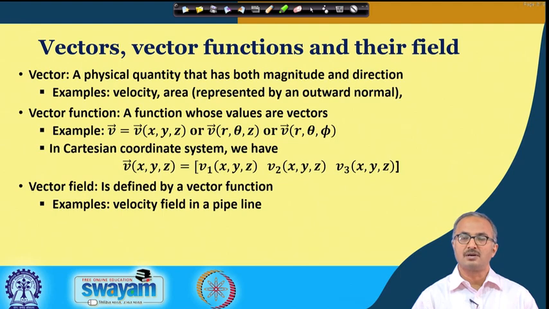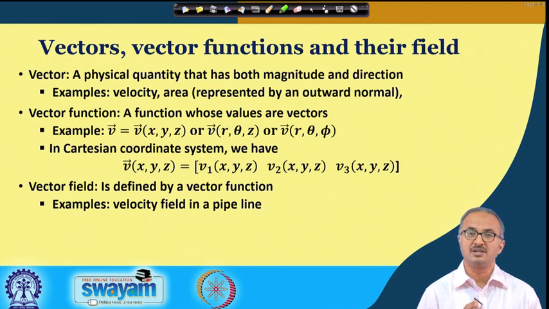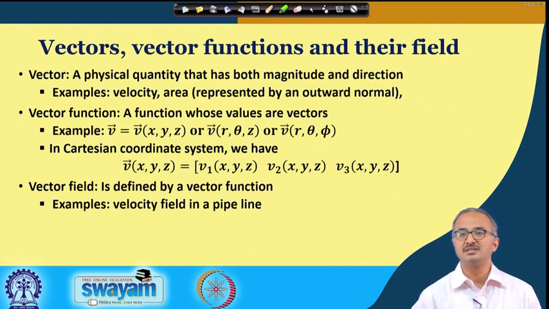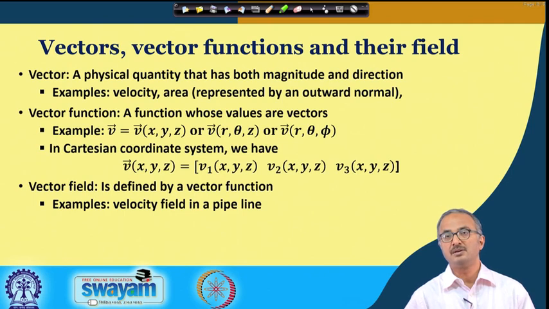Next we come to the corresponding things in vectors. As you know, vectors are those physical quantities which have both magnitude and direction. For example, velocity. Velocity has a magnitude and also a direction. Speed is a scalar and has only magnitude, but velocity has both magnitude and direction. The speed of a vehicle may remain the same, but if the vehicle is turning and going on the road, then it is constantly changing its velocity, even though its speed may be constant.